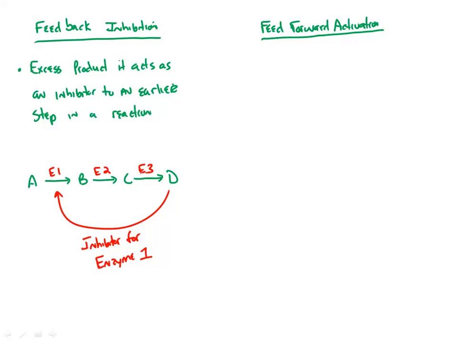And what that does is it simply says, if I've got tons of the product around that I'm not using, I don't need to make any more. And so what it does is it says, let's inhibit an earlier step in the reaction to slow down the process. It would be like if you have a production line that is making cardboard boxes to put eggs in,